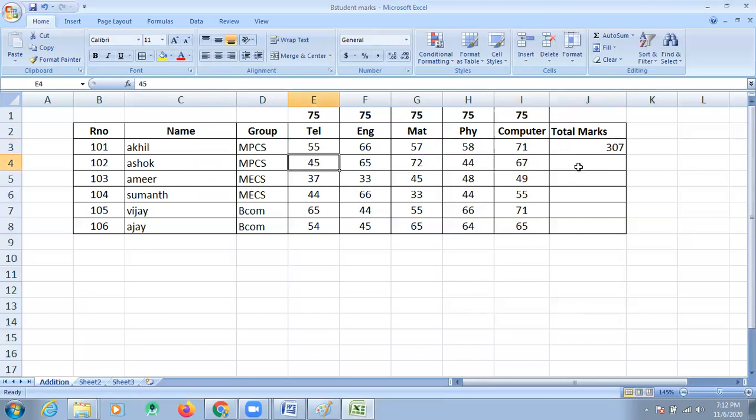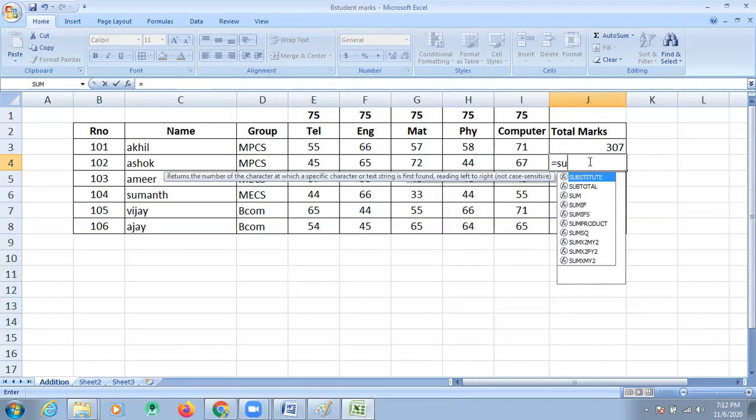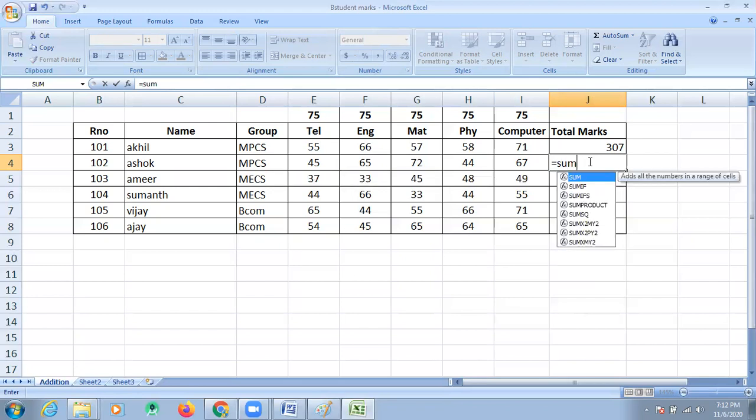If you want to calculate Ashok marks, in this cell J4, equal to, I'm not adding marks manually. Using a formula, I want to add marks. So here the formula is SUM. Sum of, where do you want to add the marks? 45 is located on E4.